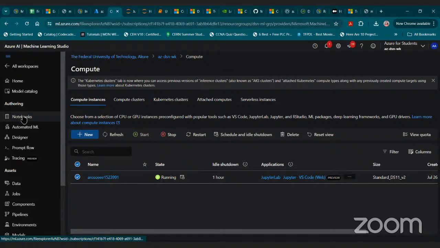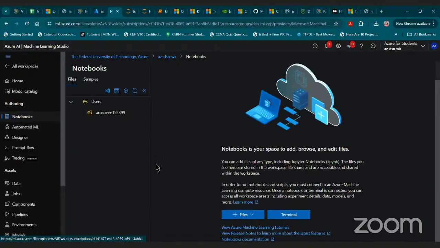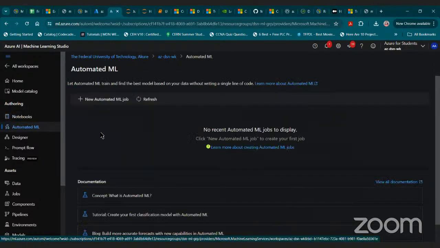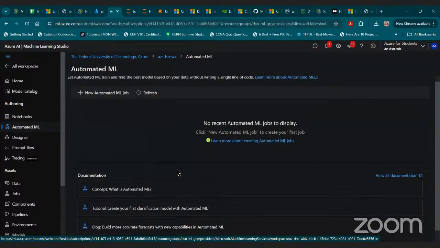So after this option of using a notebook to carry out your code and experiment, you also have this AutoML, right? So the AutoML is where you try and get